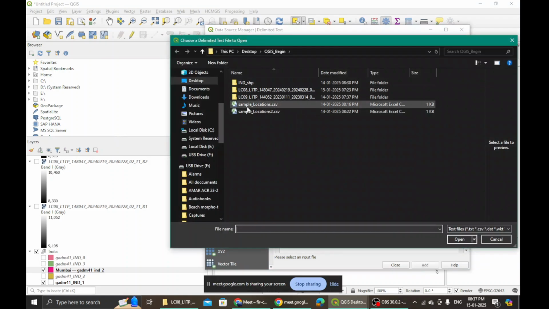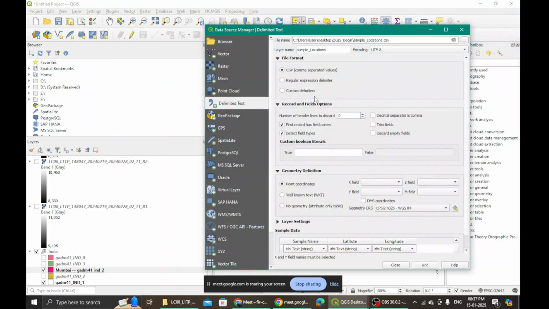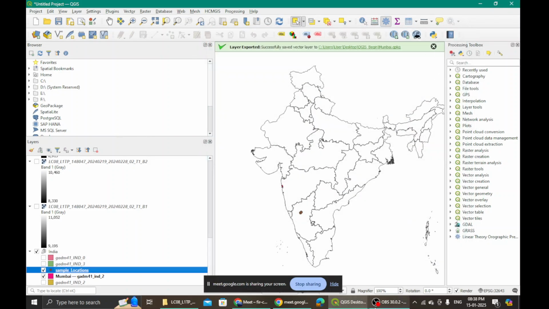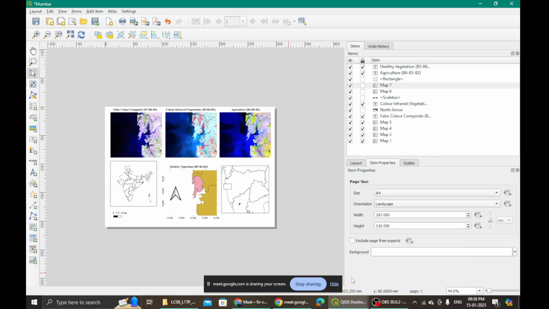Once we import that file, we tell the system that it is a CSV file. Then we change point coordinates. X value will be our longitude, y value will be our latitude, and then we say add and then close so that your samples will come. Add, close, right? This is what we do to bring our samples. You may try bringing your samples onto the India map.